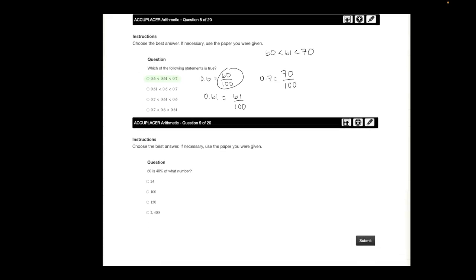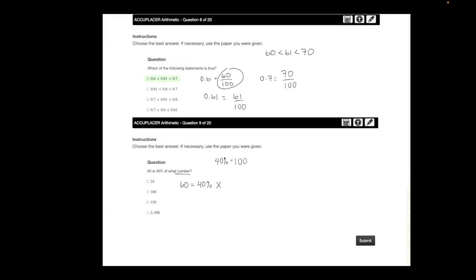Okay. 60 is 40% of what number? Okay, so many, including myself, are very unfamiliar with percentages, but once you get a hang of it and you learn the formulas for percentages, it's actually pretty easy. So for this question, we're going to set it up as 60 is equal to 40% of what number? And we'll change that to x. Now, you can't follow through with this type of setup, so we need to convert that to a number that is usable. So we'll divide this 40%